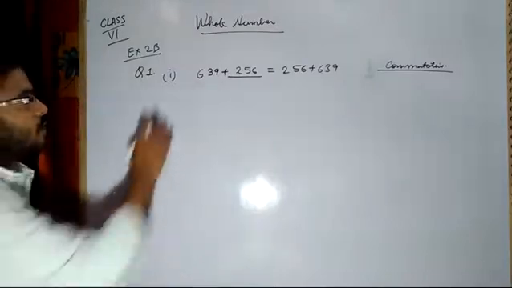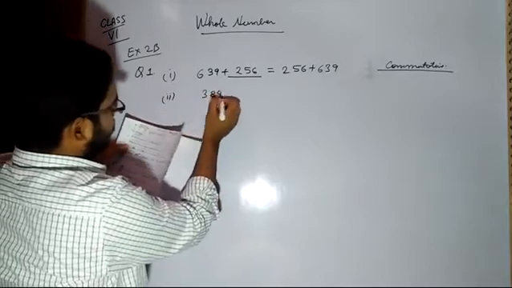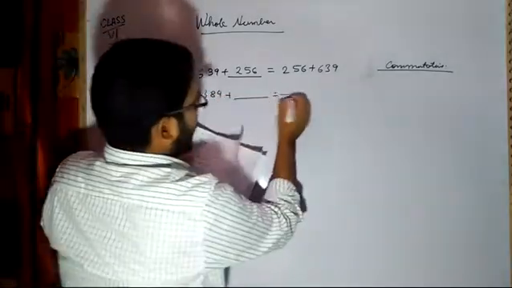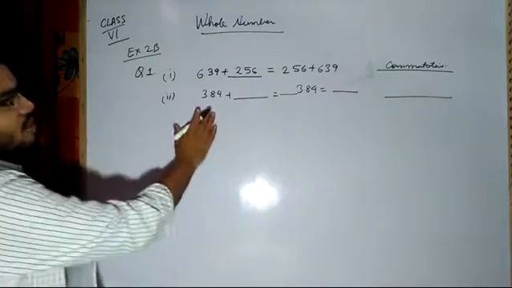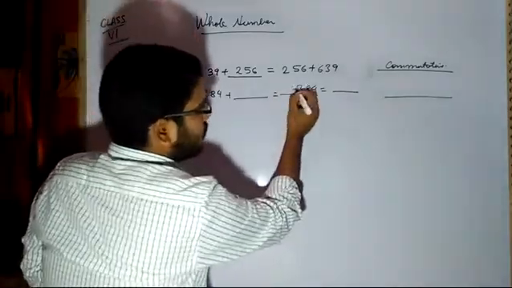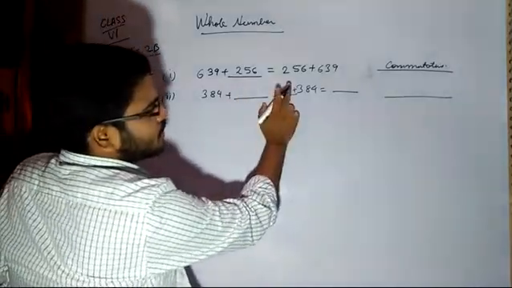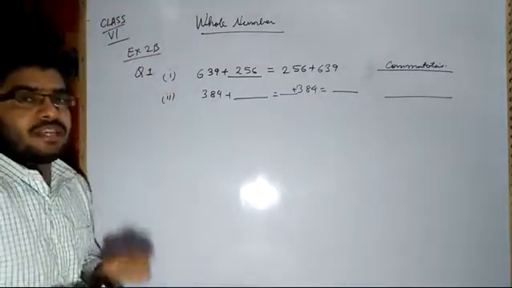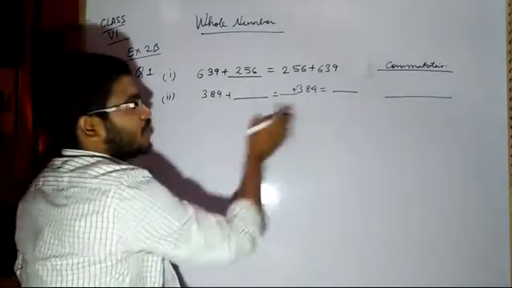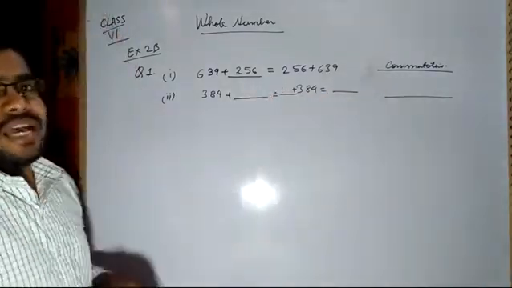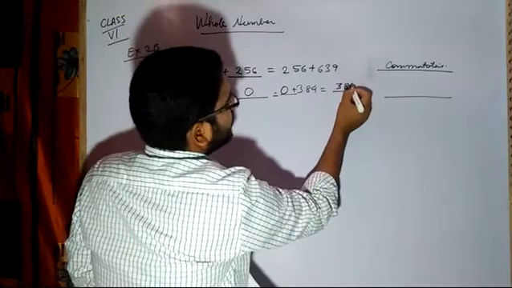In the same way you can solve the remaining two parts. Like sub part 2, they are saying 384 plus blank equals blank plus 384. Now see, 384, one blank, 384, and then one blank. Obviously, if I put 1, 2, 3, 4 here, the number will increase, but we have not seen that case. We have seen the additive property of 0. That property we have to write. After adding 2, 3, 4, we don't have any property as such. So the only answer here will be 0 and 0, and then the number itself, 384.